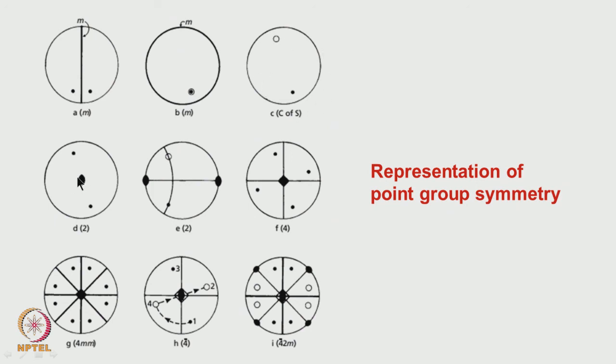Suppose it is a rotation around this one, two-fold rotation is there, then what will happen? This point, if it is rotated by 180 degrees, in the same hemisphere it will rotate and come to some other point, but it should be moving along a particular latitude when we rotate it. That is what essentially is being shown.